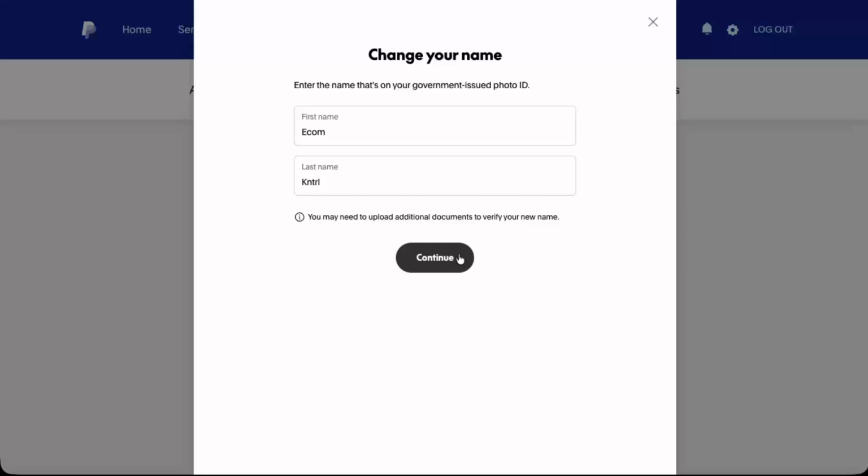At this stage, PayPal may ask you to upload additional documents to verify your new name. This is normal and is part of their security process. Follow the on-screen instructions, upload any required documents clearly and legibly, and then submit your request. After that, your job is done. PayPal will review your request and document